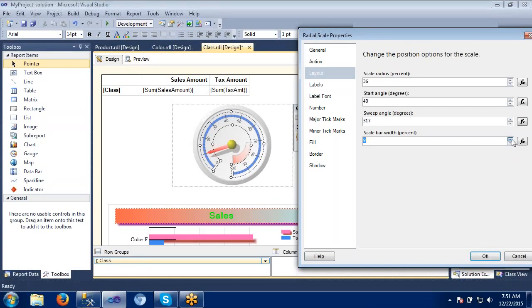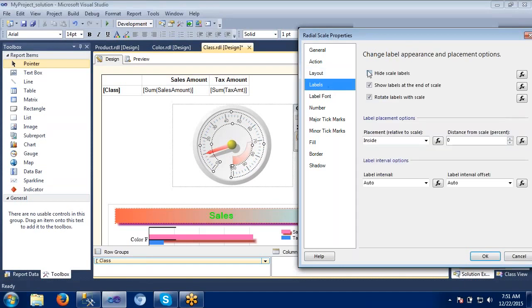Scale bar. This is the scale bar option. If you want to make use of this one, we can. Coming to the labels, hide the labels means it will hide this one. See this one, the numbers which we are seeing are all getting hidden here. If you want to display them, we can set the display here. Showing the starting value and ending value. These are displaying and hiding this one.